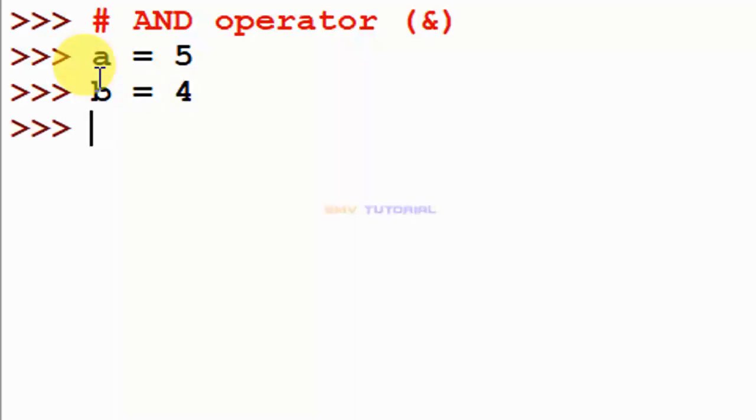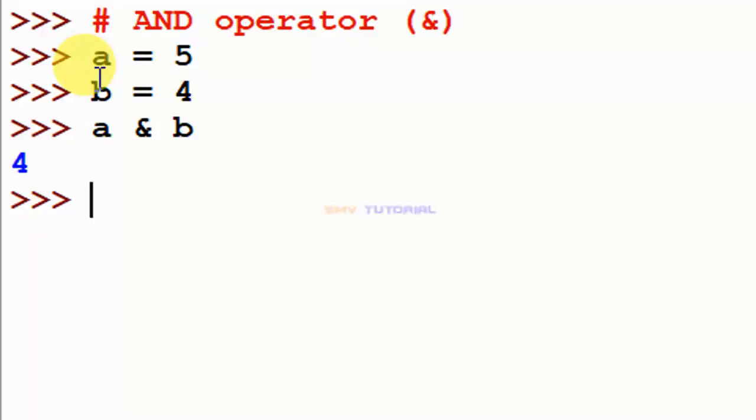Next I check this condition, A and B, hit enter, and it shows 4. But how is it 4? I will explain that.